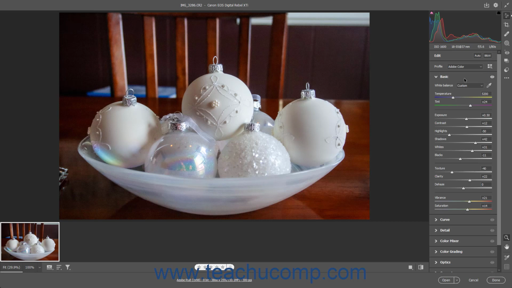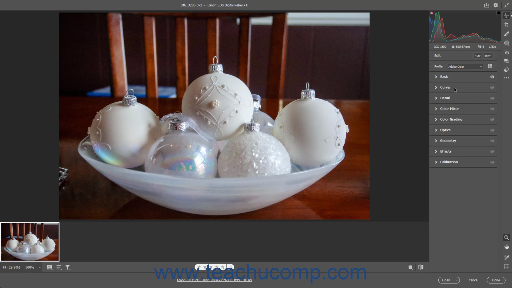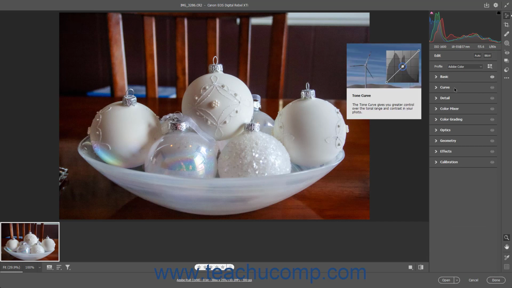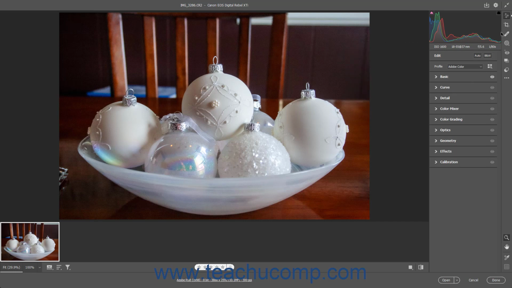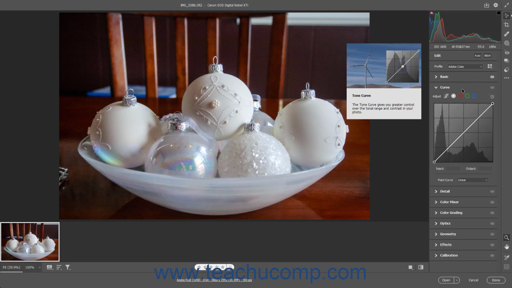After making basic tonal adjustments to a camera raw image in Photoshop, you can then fine-tune the exposure, contrast, and color by adjusting the tone curve in the Curve tab of the Edit panel in the Camera Raw dialog box of Photoshop. To show the Curve panel, click the Edit button in the toolbar at the right side of the Camera Raw dialog box if needed. Then click the Curve tab in the Edit panel to show its settings in the Curve panel to the left